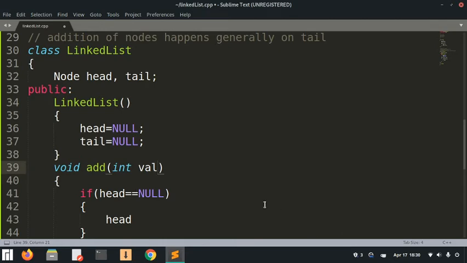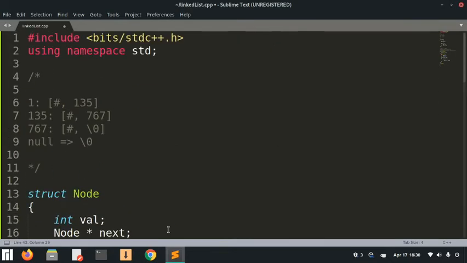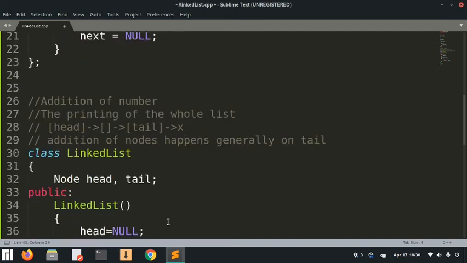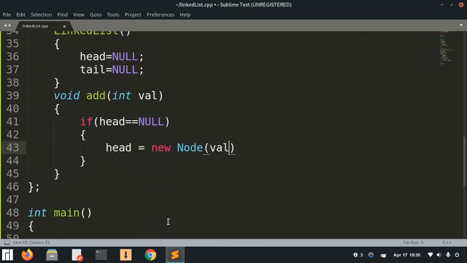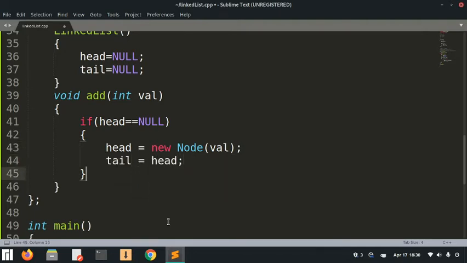All right, so if head is null, head is a new node initialized by the value that you gave it, right? And tail is also right now pointing at the head. That's all right. And if that is not the case, then there's a new node, let's call it